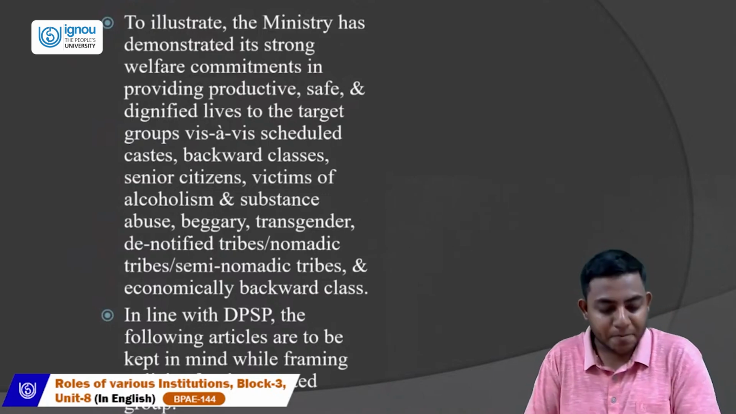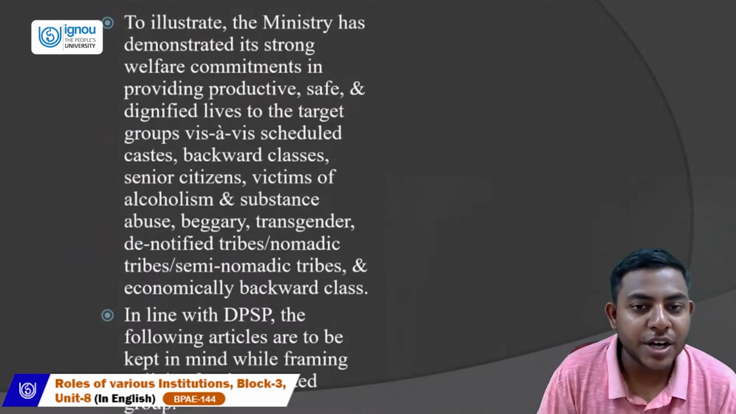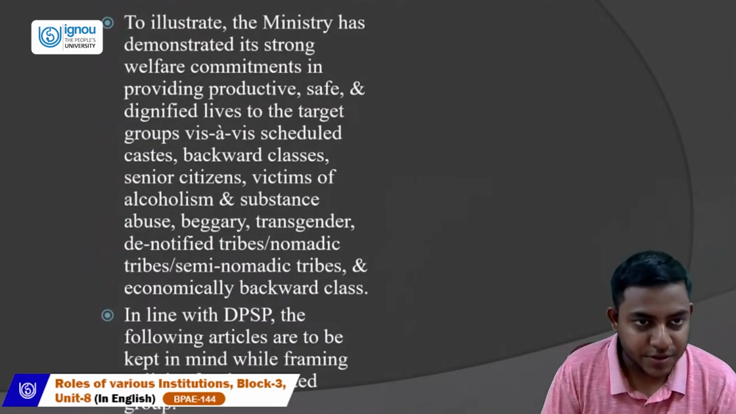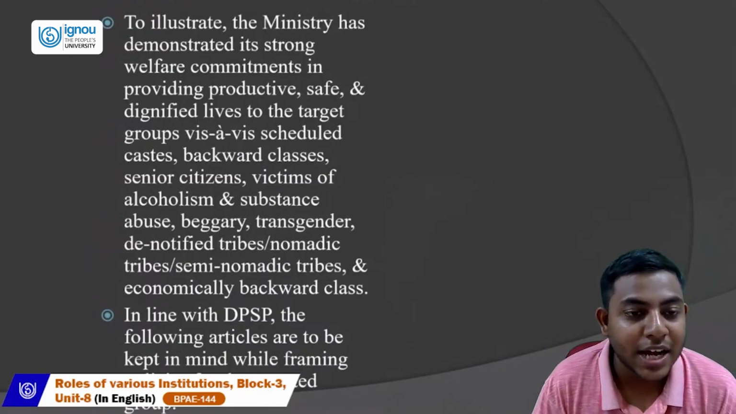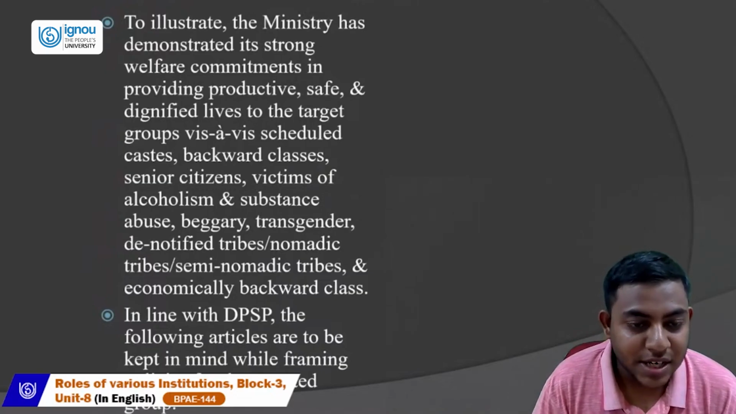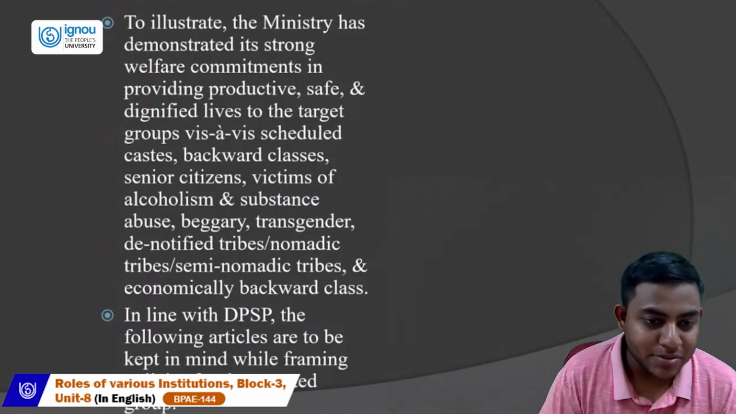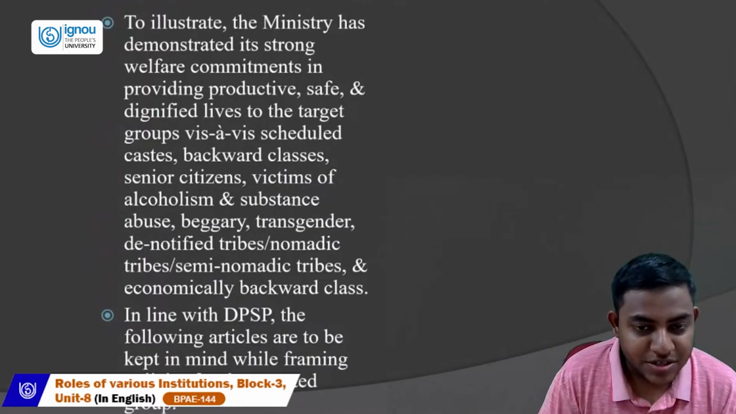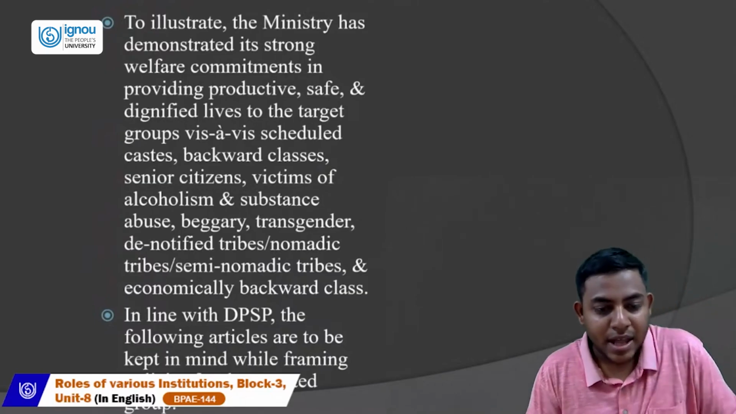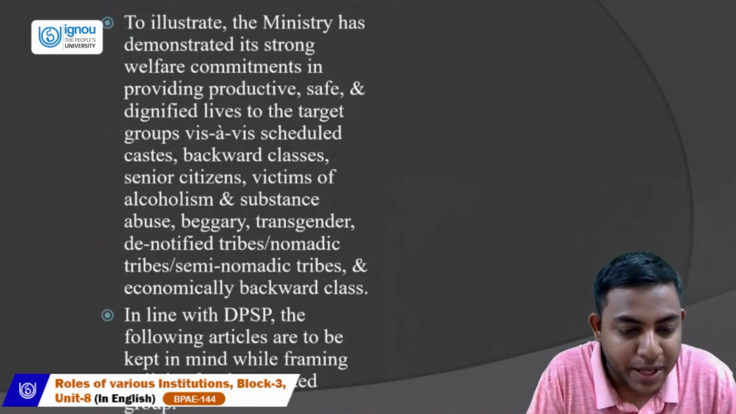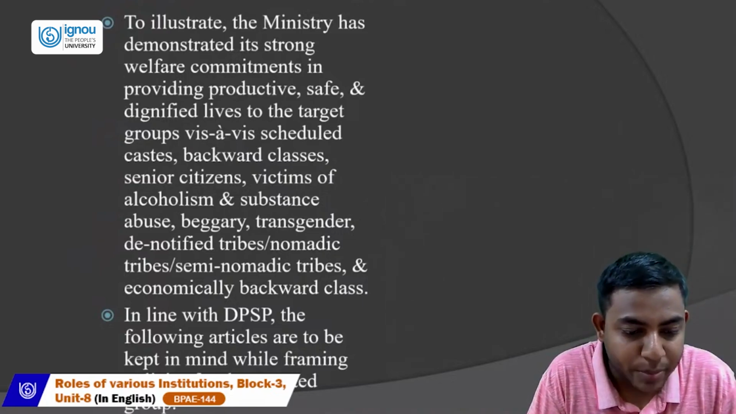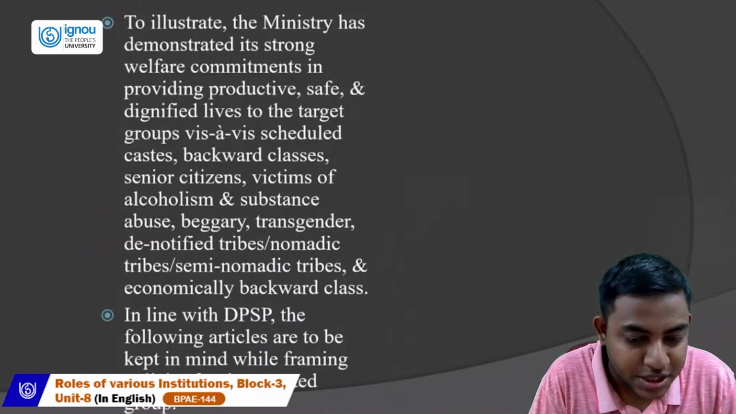So to illustrate this, the ministry has demonstrated its strong welfare commitments in providing productive, safe, and dignified lives to the target groups vis-a-vis scheduled castes, backward classes, senior citizens, victims of alcoholism and substance abuse, beggary, transgender community, de-notified tribes, nomadic tribes, semi-nomadic tribes, as well as economically backward class. So in line with DPSP, the following articles are to be kept in mind while framing the policies for the